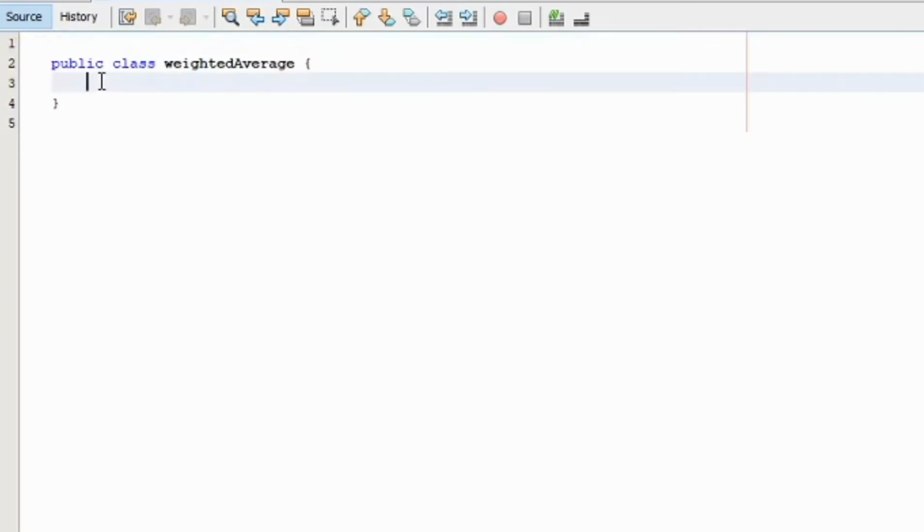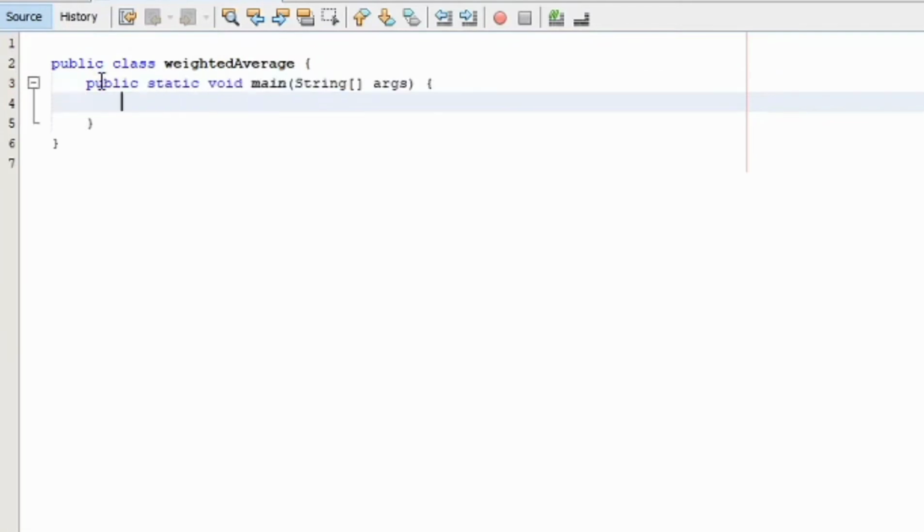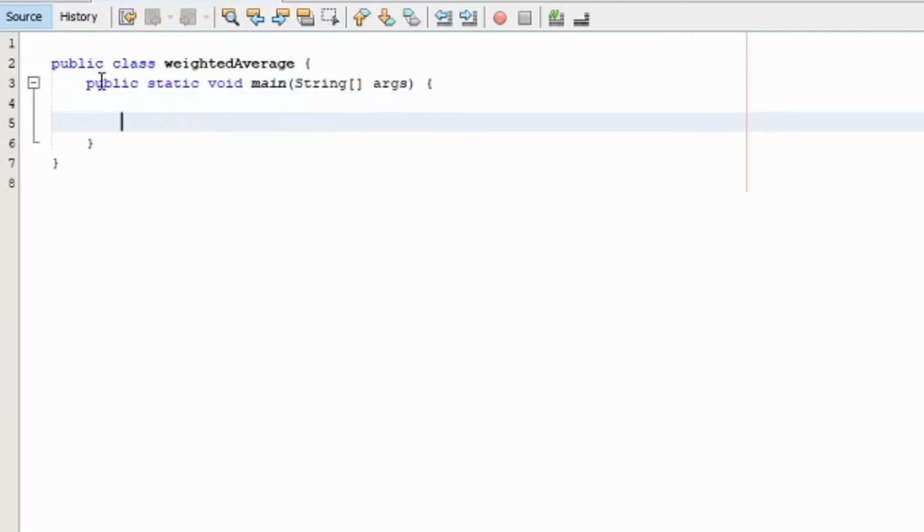Now we have your code window, so we're going to start with public static void main and tab key on our keyboard. And of course, we're going to declare our variables. So based on the problem, we have 3 variables. That's it: math, science, and PE. So let's declare them as integer,